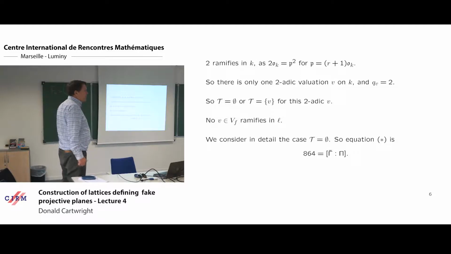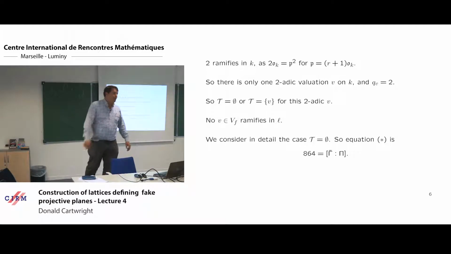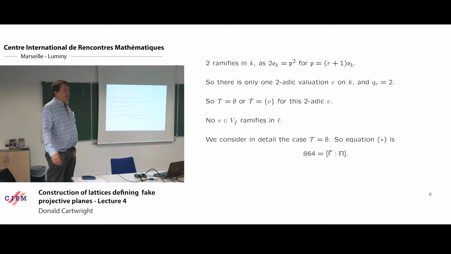I thought that in this case the E prime factor was 1 when it ramifies. There's no ramification. So the E prime is 1 when there's ramification of the place in L. You see, the ramification, in L. 2 ramifies in K, but there are no V's on K that ramify in L. Okay,